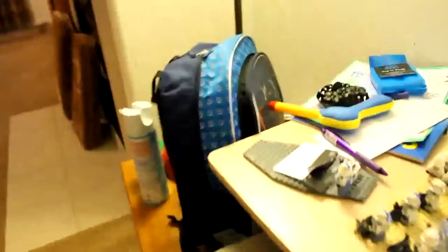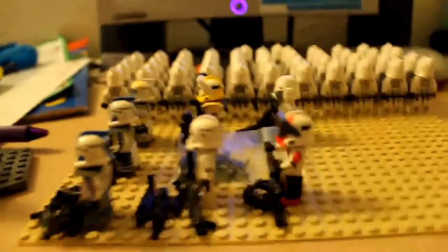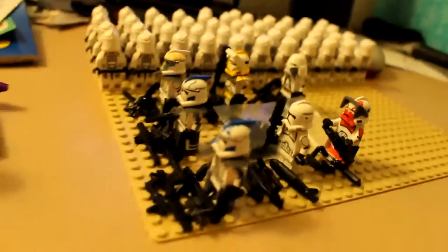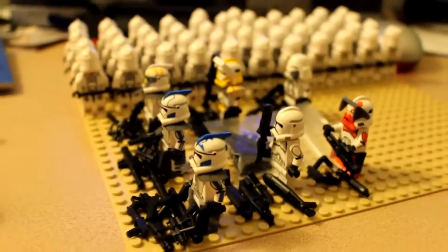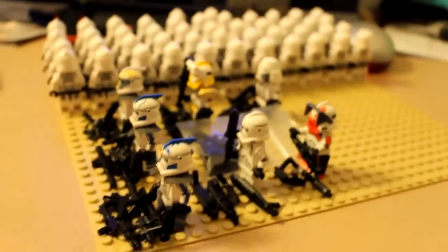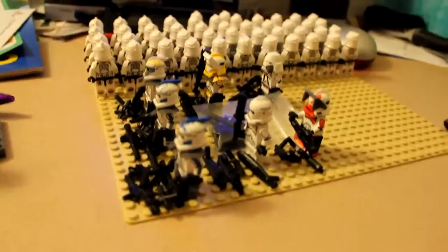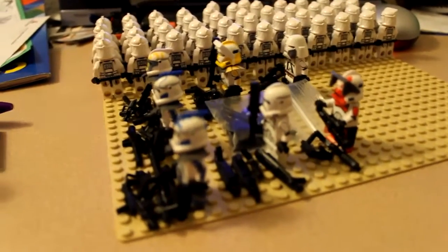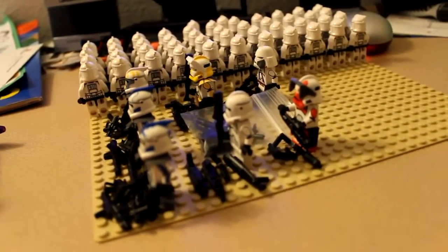Now, let's get on to some of the things that I've actually acquired. Here are the new Minifigs for You customs. Yes, guys, I know they're not really new, but they're the newest products on his website as far as clones. And yes, I am aware that they are all pretty much sold out, so making my reviews late would cost me a little as far as people actually buying these from David. But in the end, a review's a review, and I don't believe anyone's made a review on any of these figures yet. So I'm going to be the first one to hopefully review all of them, and after that, I'm going to be reviewing all of the RC custom